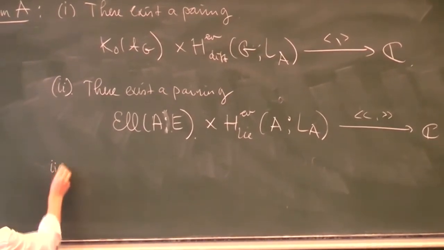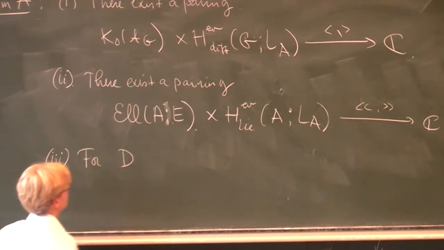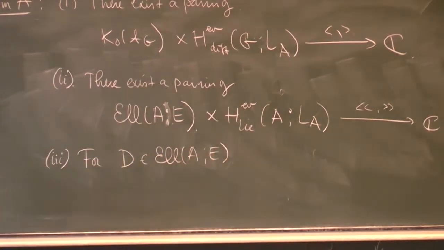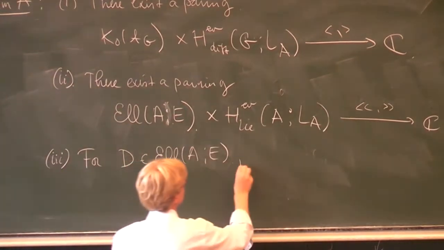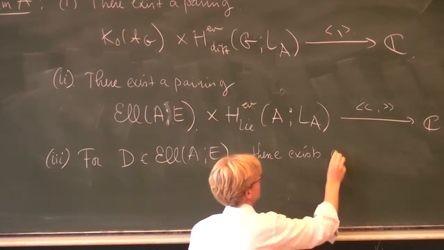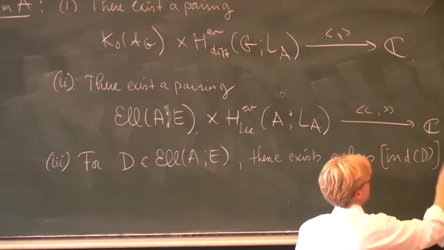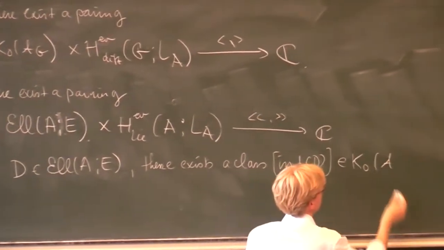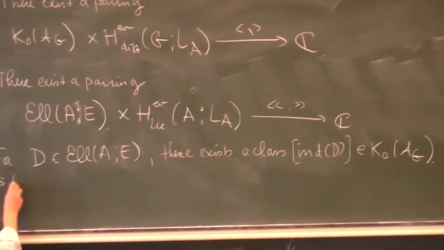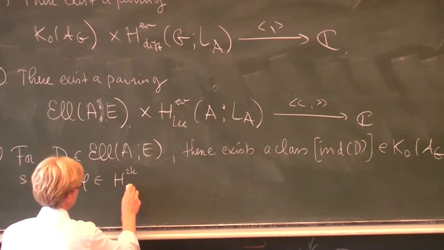So third, for D, an elliptic element in A with values in E, first of all there exists an index class, again we write it as index of D in the K-theory of A sub G, such that for all groupoid cohomology classes